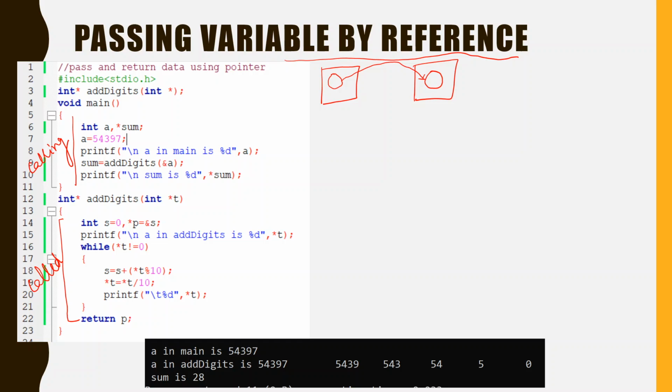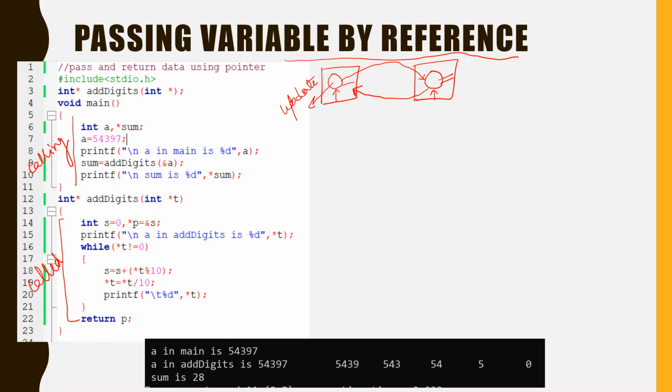This causes a redundancy because the same data is available here and also here. Any change in the data done over here does not reflect directly on this particular data. If you want to reflect the changes, you have to return the values and update these actual parameters.